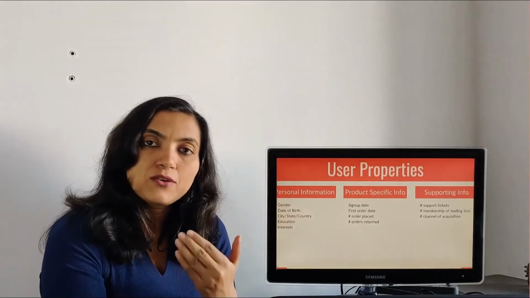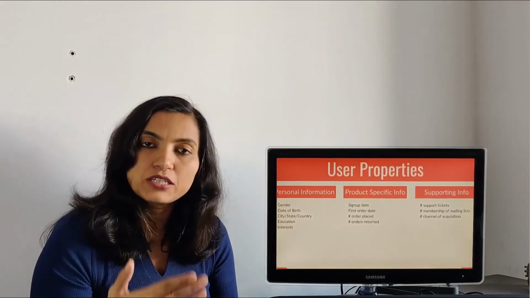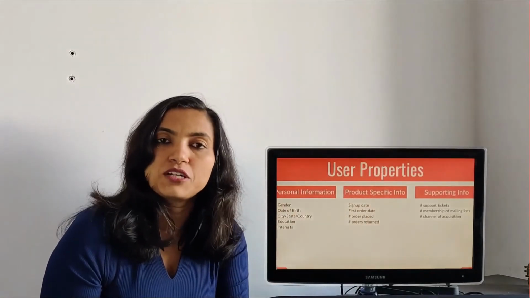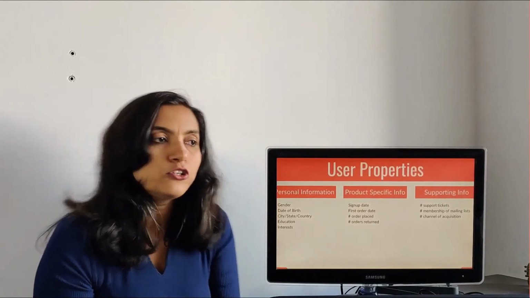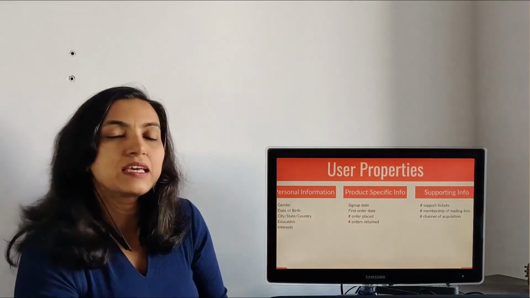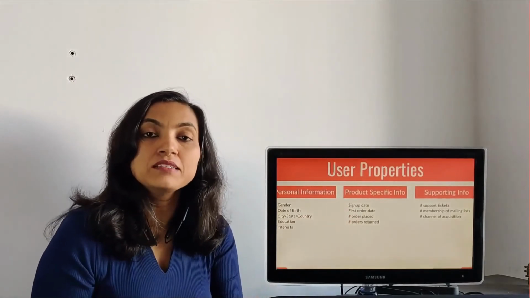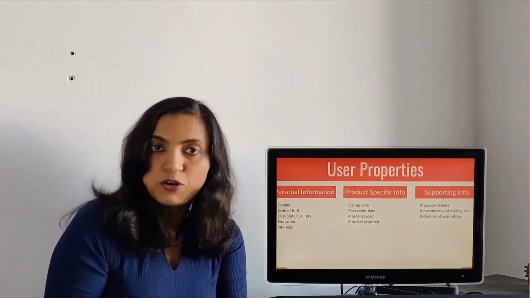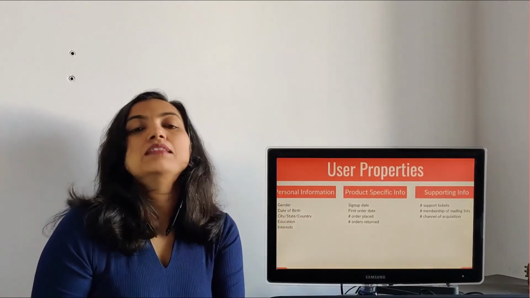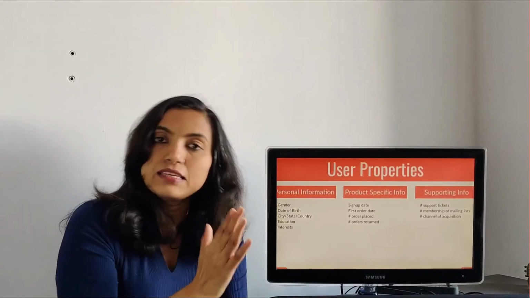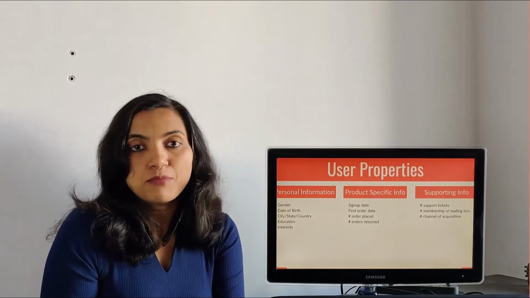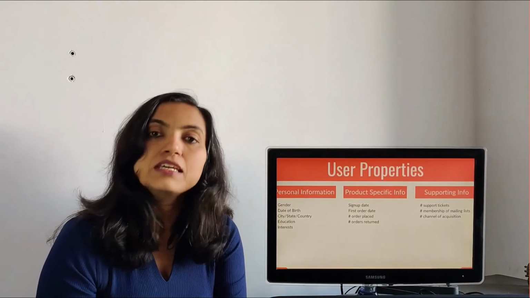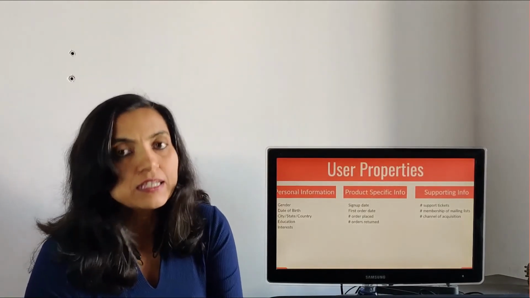So user properties always keep the information up to date. What is the current state of the user? Those are the things that are captured in user properties. So if it is important for you to know the number of orders placed at the time one particular order was placed, you should capture it in event properties, because user property will be updated later, but event property once captured remains the same. The next set of events will have a different value, but that event will not change. So wherever it is important to know about a property exactly at the time that the event happened, it should be captured in event property, even if user property is available, right?